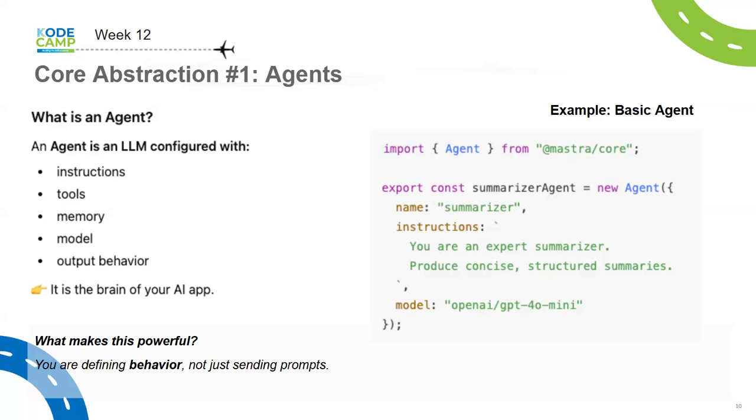In Mastra, the basic unit is the agent. So if you want to have an LLM, you are basically creating an agent without giving it any tools, any memory, anything. There is just a bare LLM, right? But it is still an agent. So that's the main difference. The basic primitive is the agent, and you import agent from Mastra core.